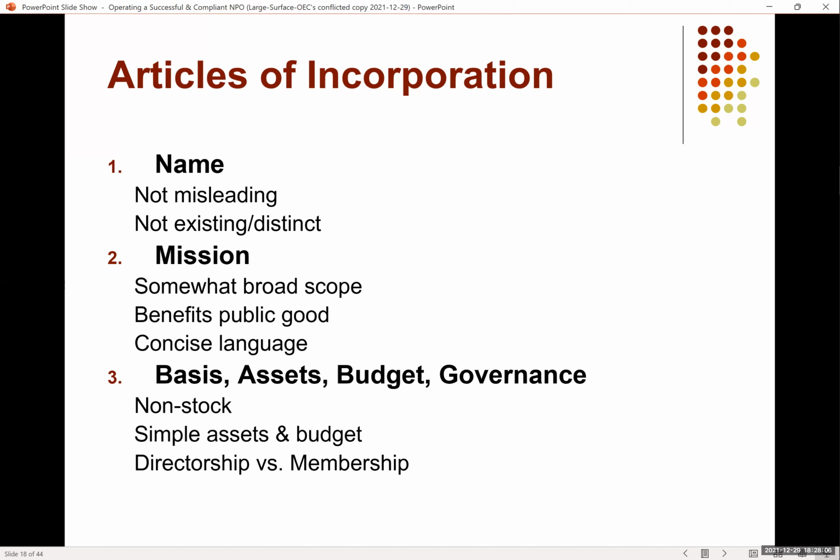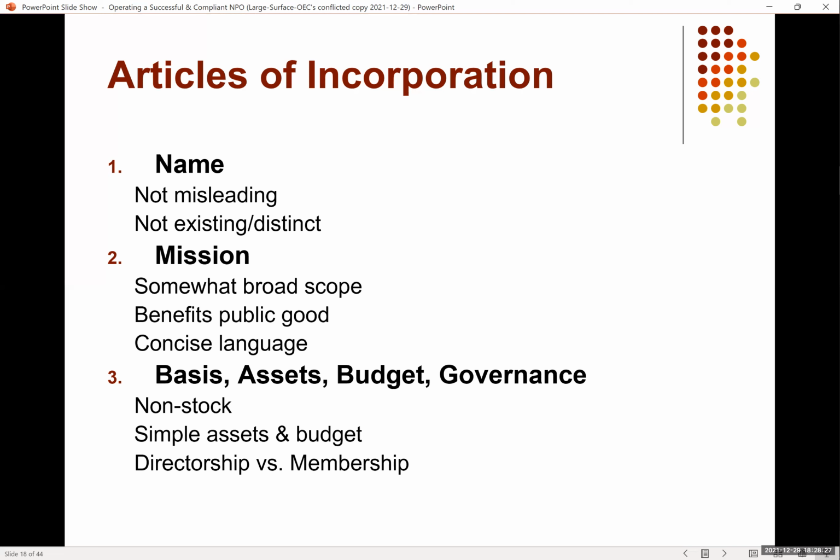So take time with writing the mission. Again, what you tell them is your mission is what is tax exempt. So don't think that you can just go in and do anything because now you're a nonprofit corporation. What's tax exemptable for you is what you wrote in your mission.